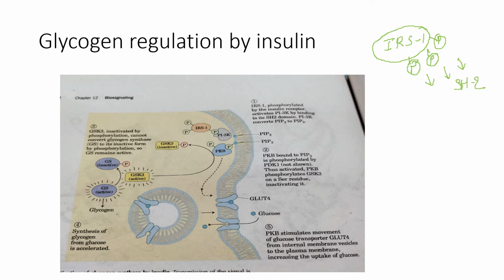SH2 domain containing enzymes. One example we saw was GRB2, right? GRB2 has an SH2 domain, and it is excited because of IRS1. Another example of that is